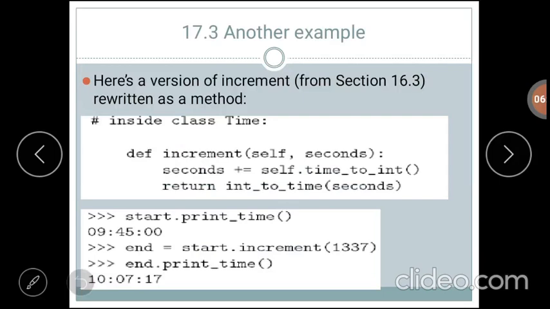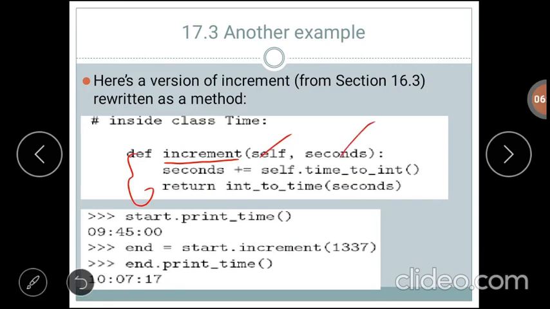Here we have one example. We are discussing the time class. In this time class we have the method increment. For that increment method we are passing two parameters: the first one is self and the second one is seconds. In this increment method we are just incrementing the seconds.